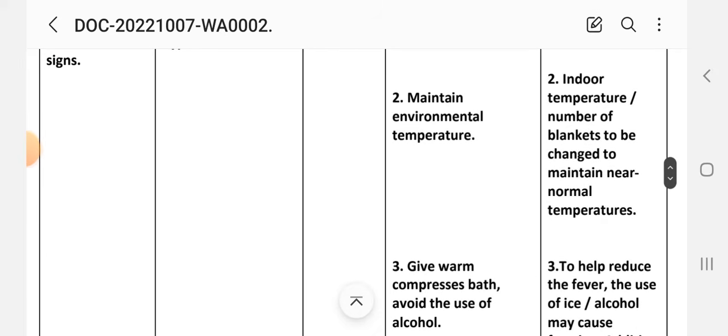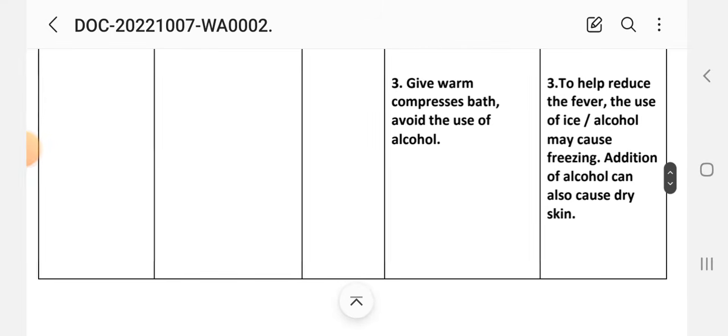Number second intervention: maintain environmental temperature. Here the rationale will be that the indoor temperature and number of blankets are to be changed to maintain near normal temperature. Number third intervention: give warm compressed bath, avoid the use of alcohol. Rationale: to help reduce the fever, and the